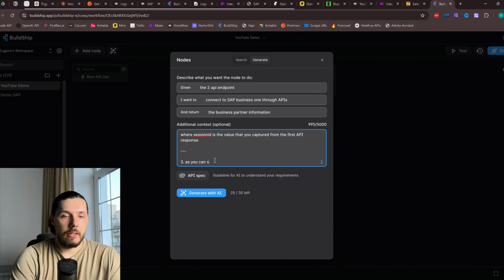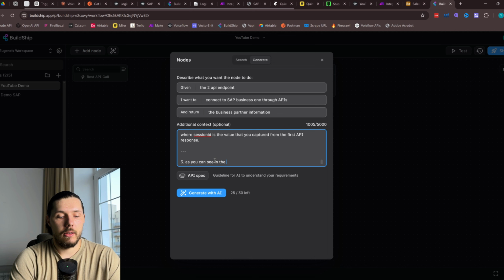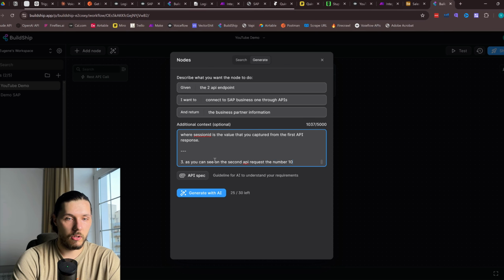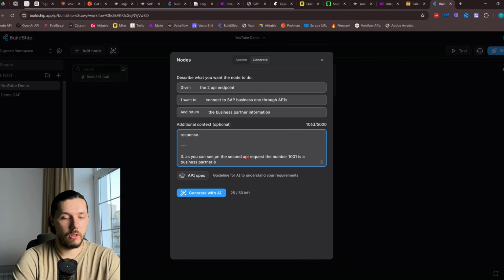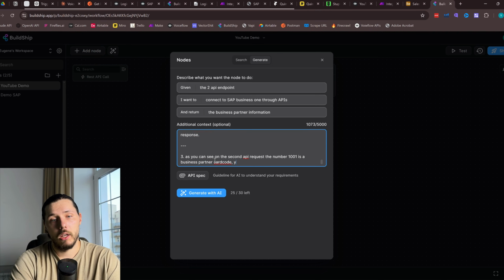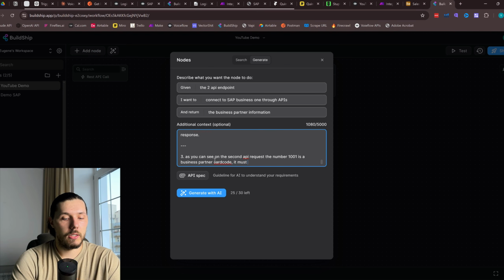As you can see, in the second API request, the number is a business partner card code. It must be dynamic, not static,